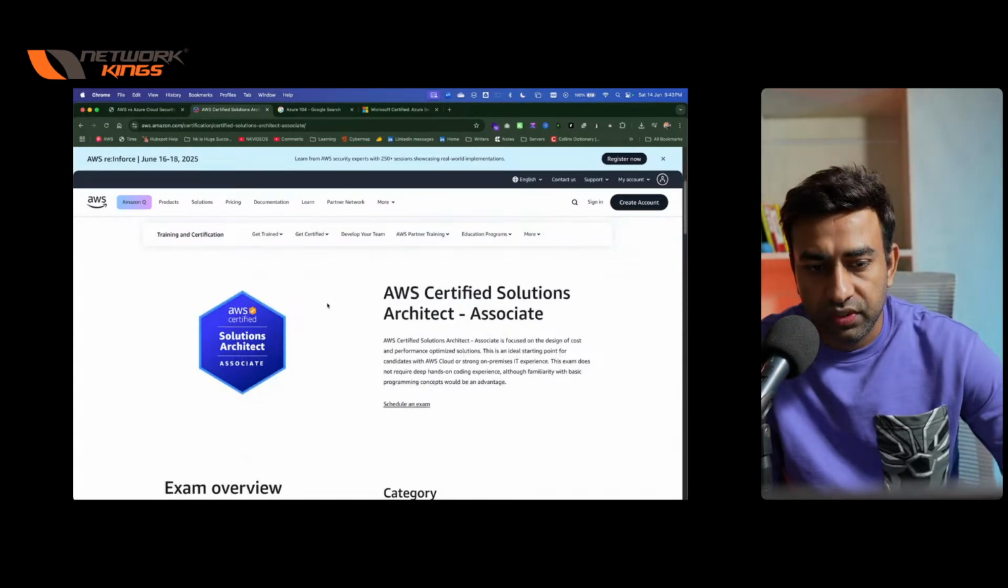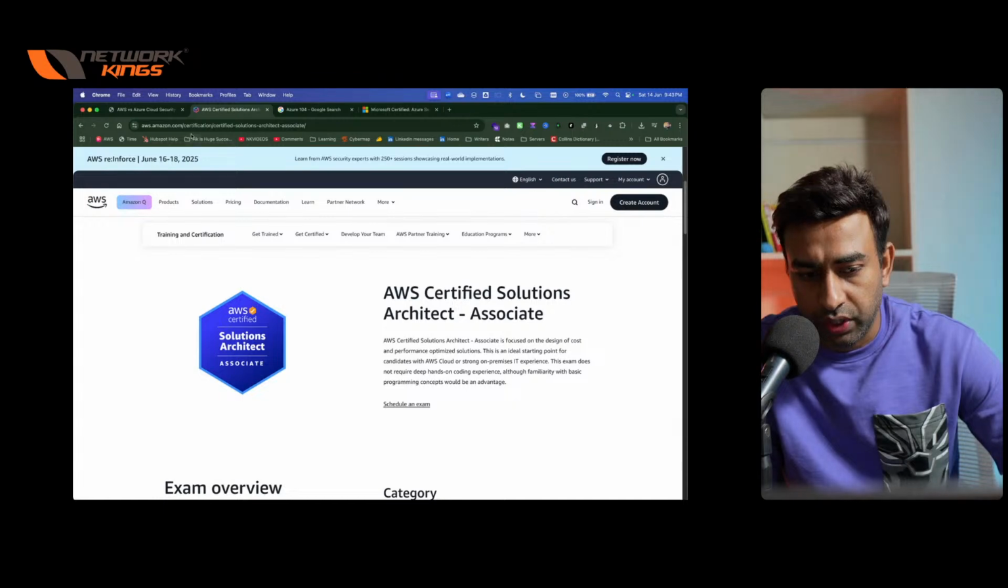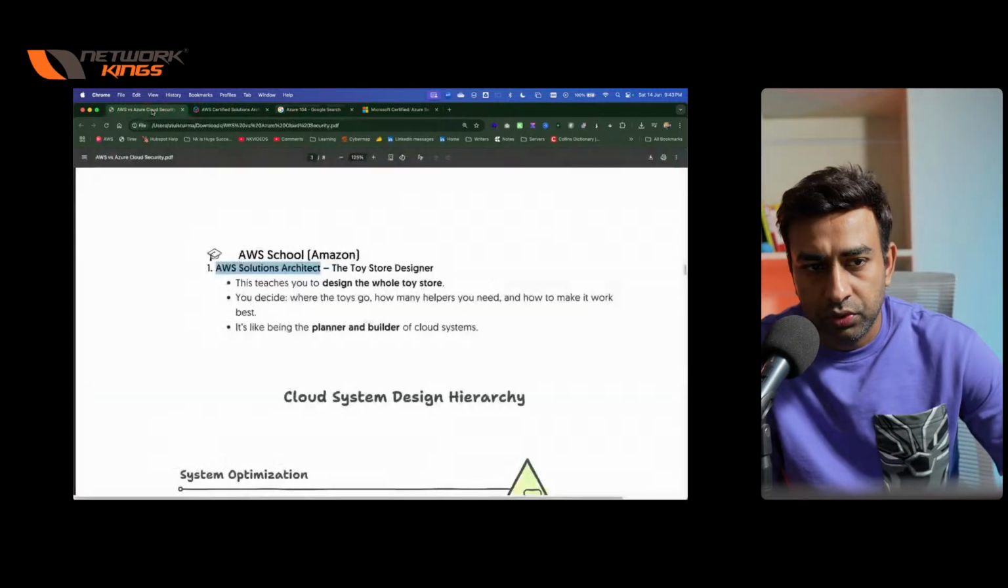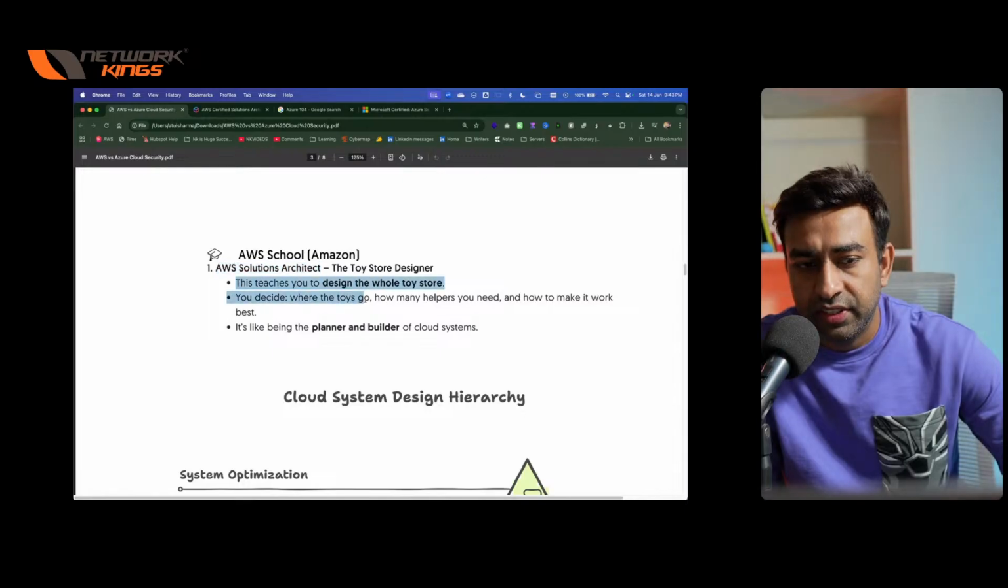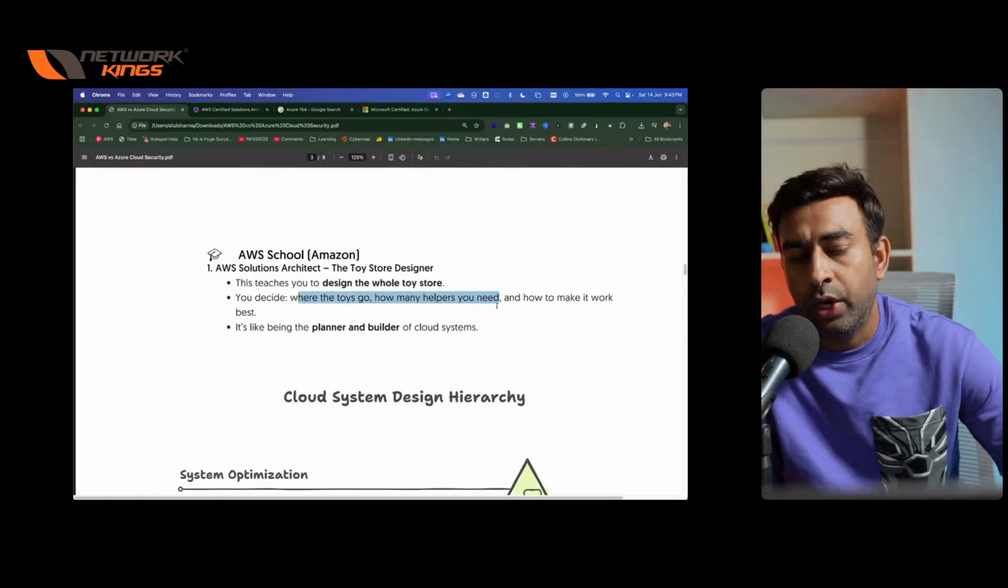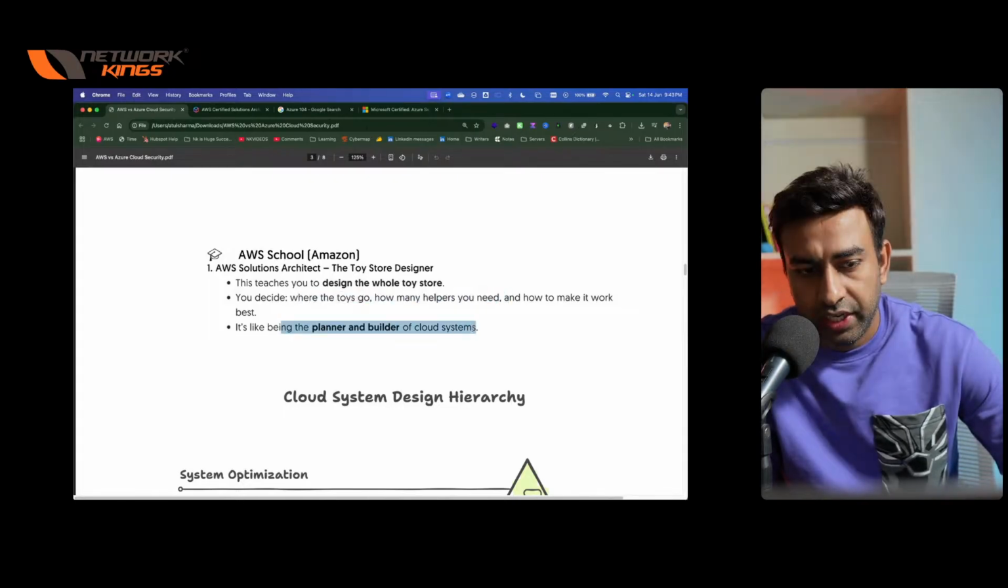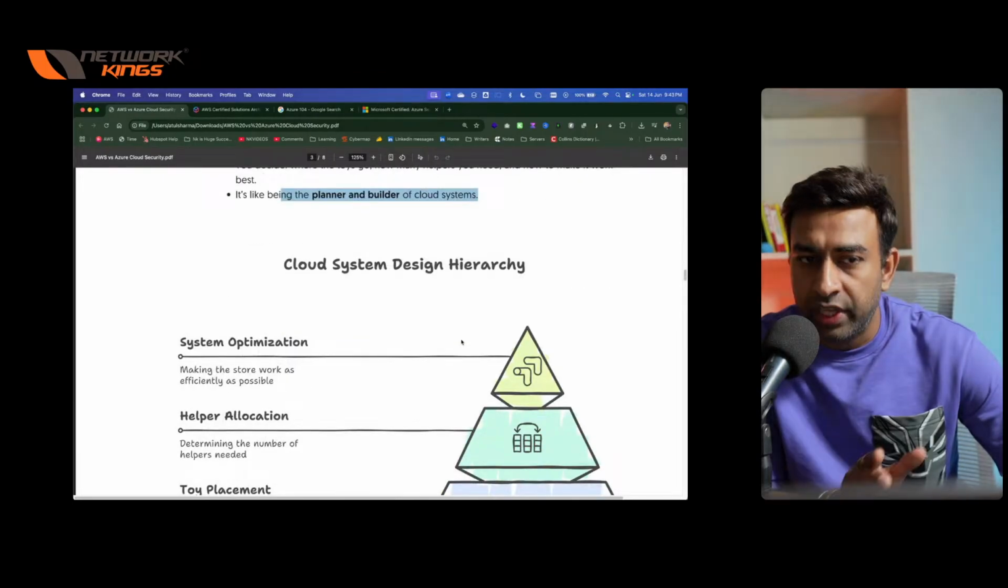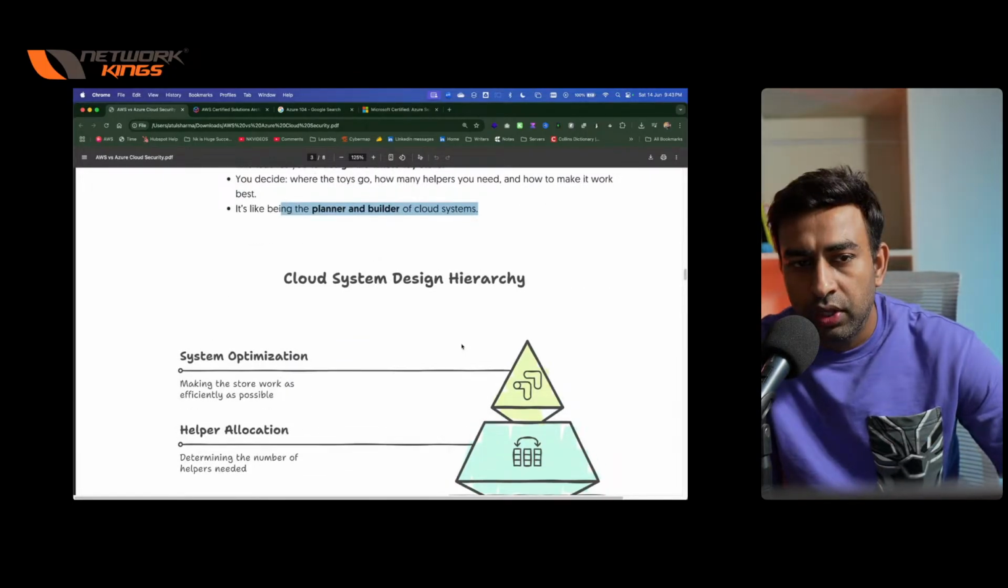So this is the AWS Solution Architect Associate. When it comes to this basic certification, it is the same. In a similar way, he manages all the design of the toy store, where the toys go, how many helpers you need, and how to make it work the best. It is like the planner and builder of cloud systems. So the architect certification is not exactly like 104. So in 104,